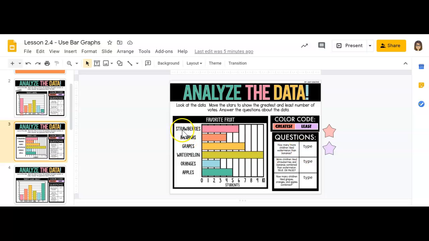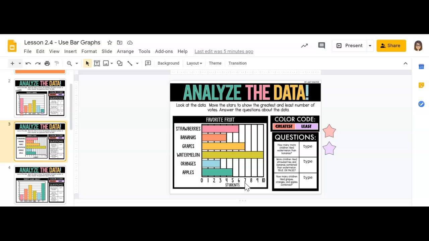Let's just review this. Strawberries. We're going to follow that bar clear over until it ends. And then we go to the line that it ends at. We go all the way down and we see that there is a 6. That means 6 students voted for strawberries. Let's do the same with bananas. All the way over to where the bar ends, all the way down to the bottom. We're at 4. 4 students voted for bananas. Grapes. This is the last one we're going to review together. We'll go all the way to the end of the bar. We go all the way to the bottom where the numbers are, and we have a 7, which means 7